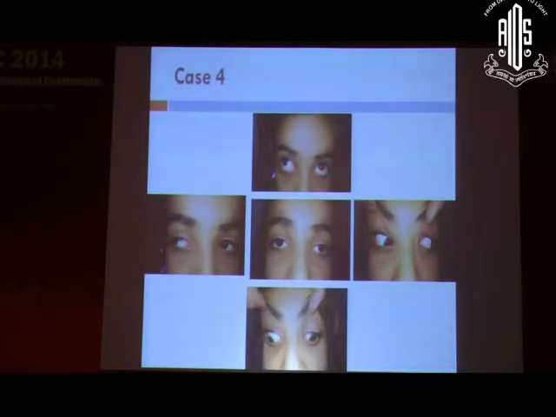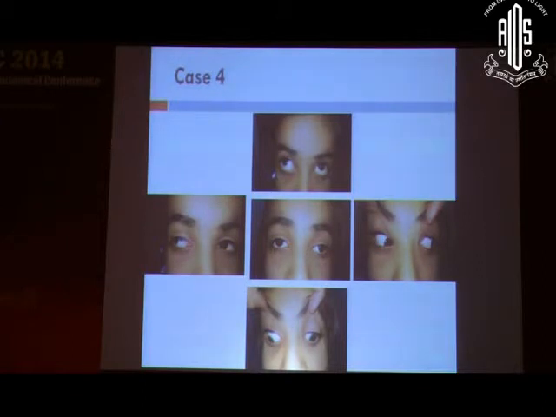So whenever you have an A pattern, first you confirm that it's a true A pattern, and that will be by measurement, seeing that there is definitely more than 10 prism diopters difference. Secondly, look clinically for a hypotropia of the adducting eye, indicating a superior oblique overaction. Not all A patterns will have superior oblique overaction, so don't take it for granted. It's only about 80% of such cases which will have superior oblique overaction. Only in those cases will you have to do a superior oblique weakening procedure. Otherwise, it may be a shifting of the horizontal muscles that is advocated for an A pattern.